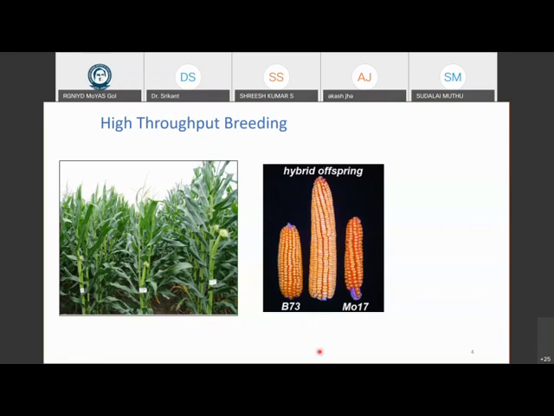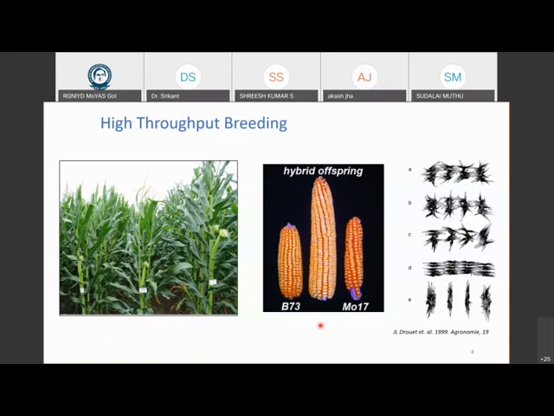This is something which is now widely accepted, and since the hybridization of plants, there's been a lot of increase in food production. Of course, there are lots of people who are opposed to this on the basis of organic farming and all. I'm not getting into that discussion. I'm trying to make a point here that people are trying to find various ways to improve food production, and they are basically trying to come up with new varieties which can improve the yield. This is what we talked about as the green revolution in India and all of that. But what's interesting is, if you actually characterize the plant just beyond the yield, we are only looking at how much output is coming.